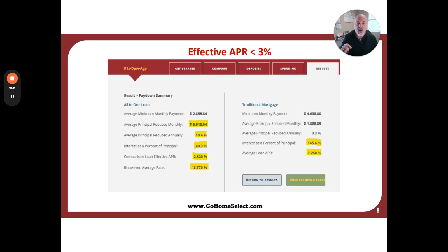And here's the interesting part, right? Remember I pointed out that our rate was 8.8? And for this assumption, we're just assuming it stays that way. It won't. It's going to drop. The historical rate is only in the 6s. But for ease of operation and without conflating this even further, making this even more confusing, we kept it static at the 8.8, which I pointed out on the other slide where it was 7.25 on the 30-year fixed,